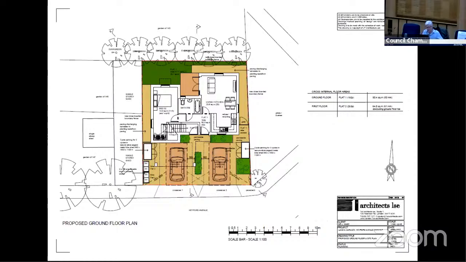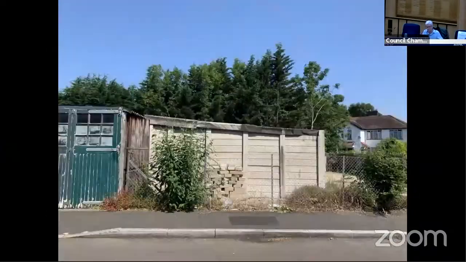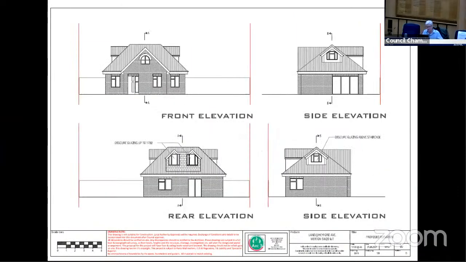And if I can now take you back to what's now being proposed on the site, we have something which officers feel is a genuine improvement on previous proposals, materially different in terms of bulk, scale and massing.